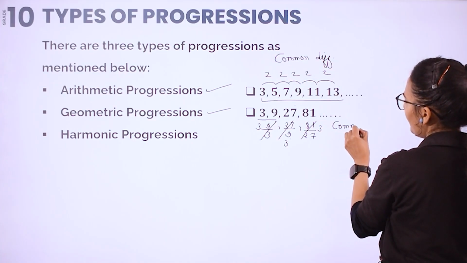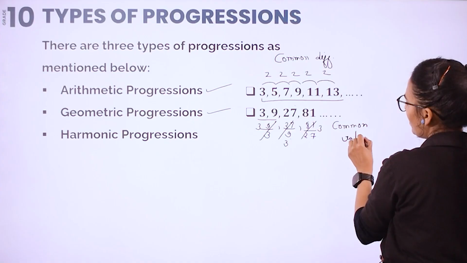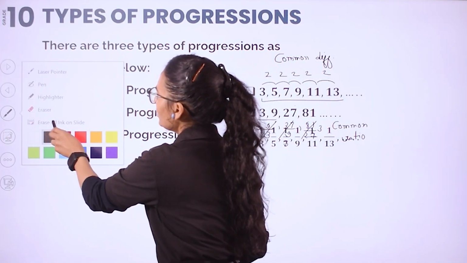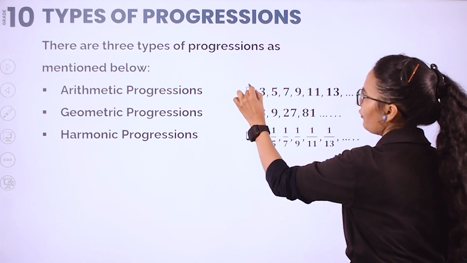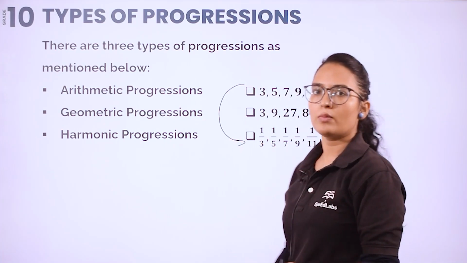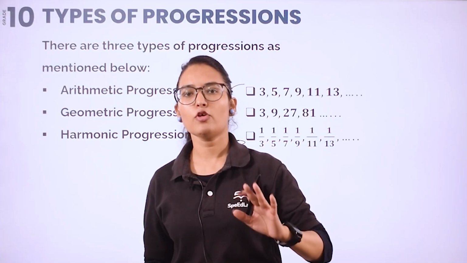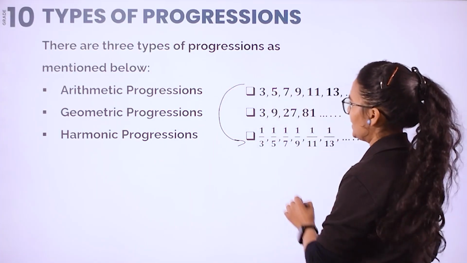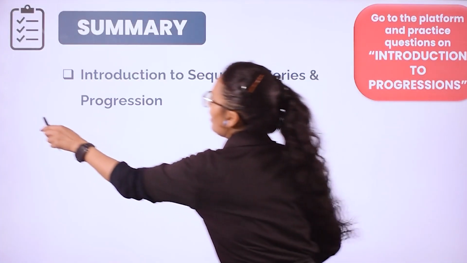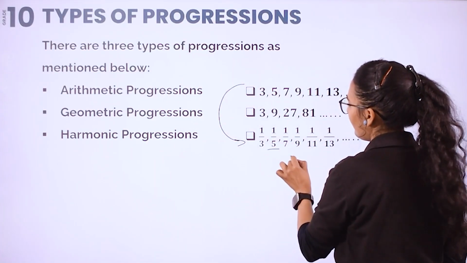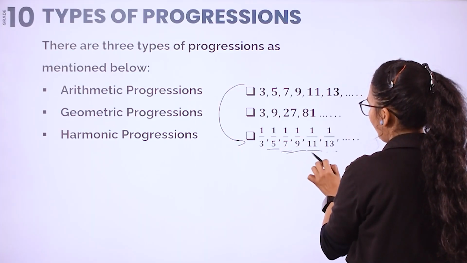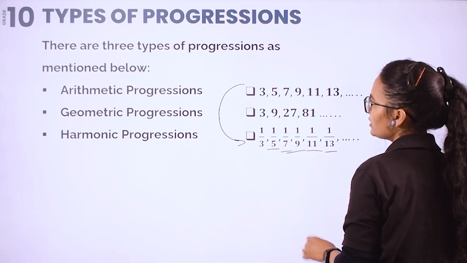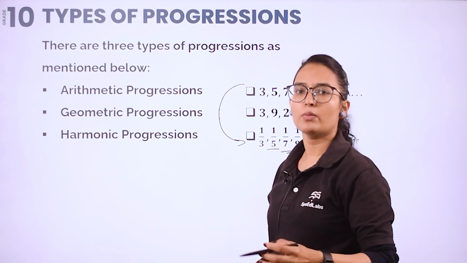Now what is HP? HP is very simple to understand because there is nothing new in HP. In HP, what we are going to see here is, it is just the reciprocal of AP. So if you don't want to remember the formulas for HP, don't do it. Just remember the AP formulas, take the reciprocal of both the formulas and you can get the answer for the HP questions, right? Look at this, 1 by 3, 1 by 5, 1 by 7, 1 by 9, 1 by 11, 1 by 13. So here again, common difference you can find out and that is the concept for HP. It is the reciprocal of AP. Every formula will be reversed.